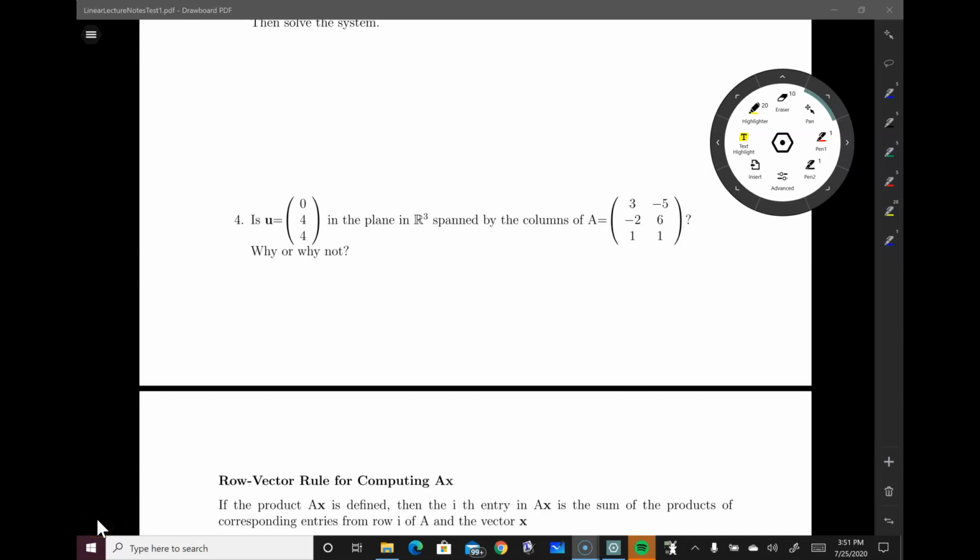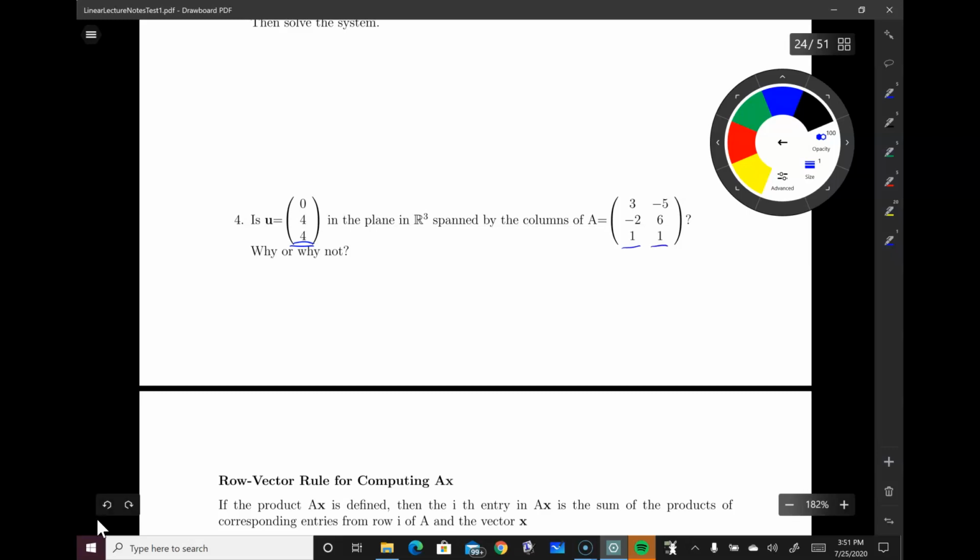All right, so let's continue on. Let's see if this vector u can be spanned by the columns of A. So is u a linear combination of the columns of A? That means I'm going to do an augmented matrix. I see there's going to be two variables, right? So it's going to be x1 times the vector A1, x2 times the vector A2,